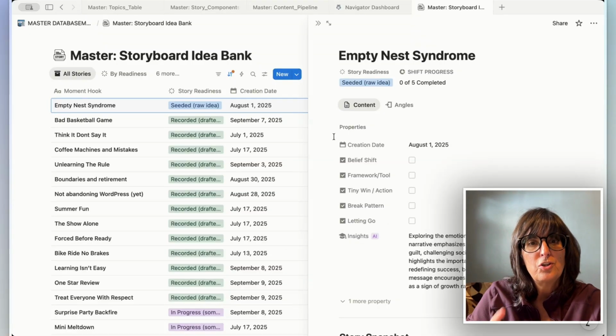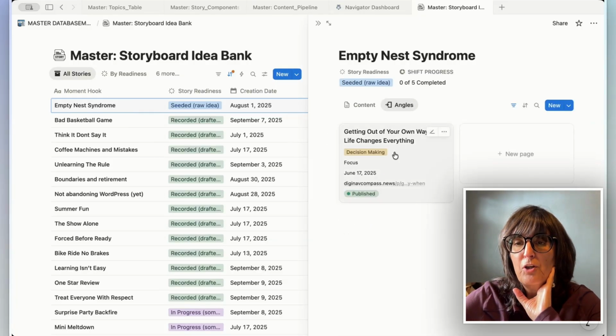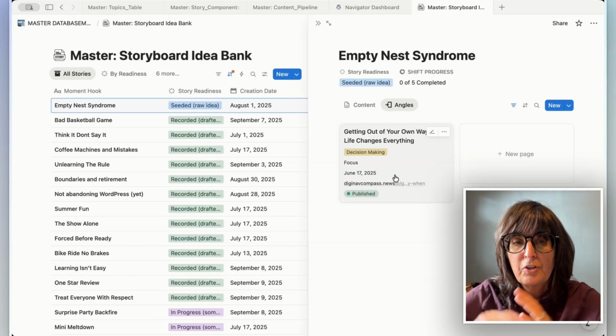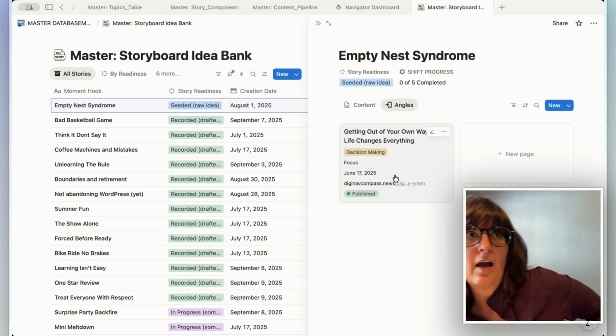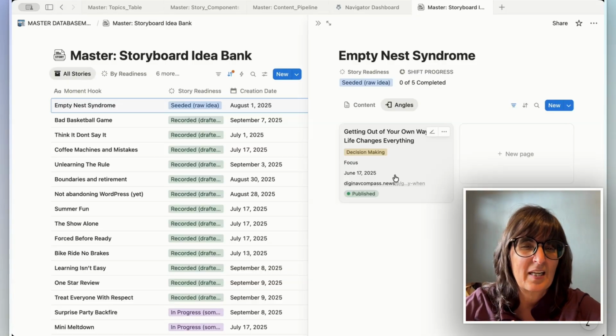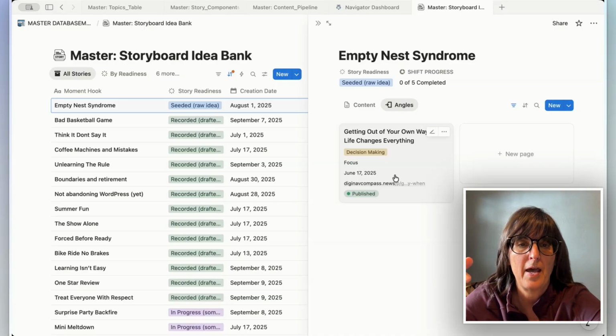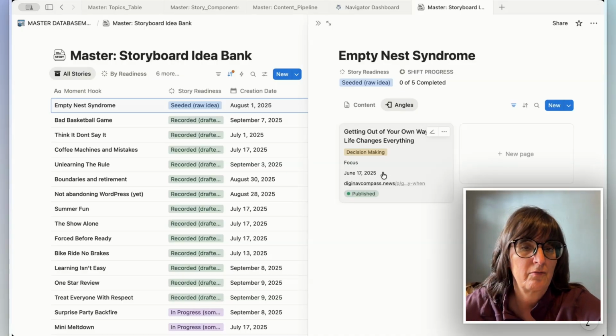Every time I wanted to use a story, I would have to hunt and peck here, or I would have to go to the master database of the angles and try and match up. If I had some angles already thought about but didn't really have a topic for it, I would just put it in more of an idea bank. So the angles part of it was the actual use of the story, and also ideas of future use of the story. So the first kink in my system was the fact that, one, I was using the story ideas in the wrong step of the process, and two, I couldn't pick.